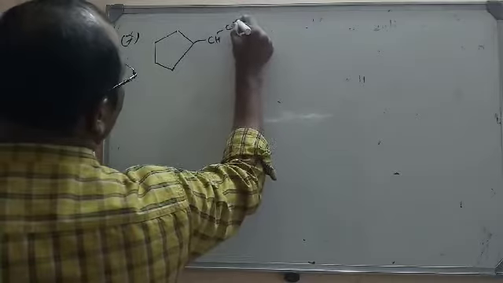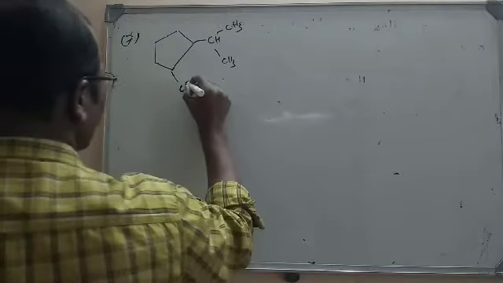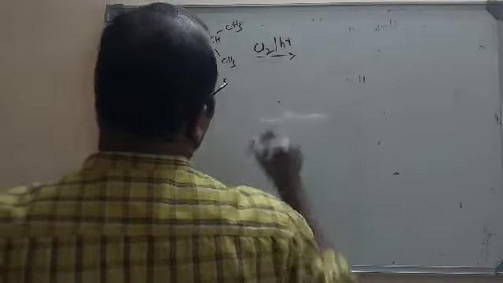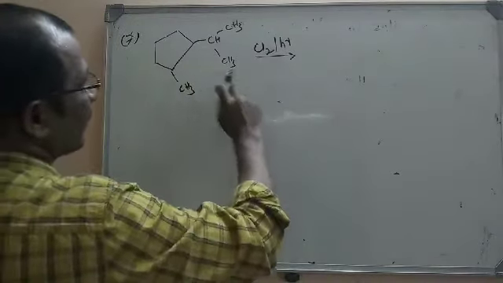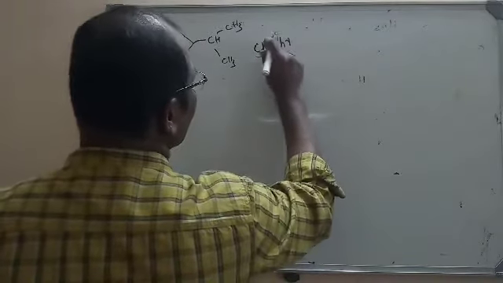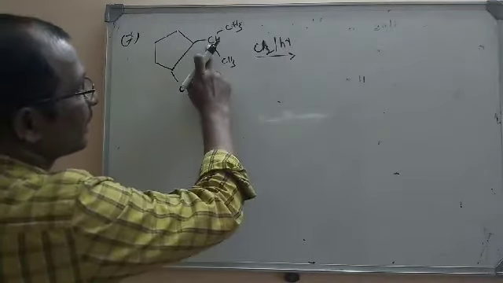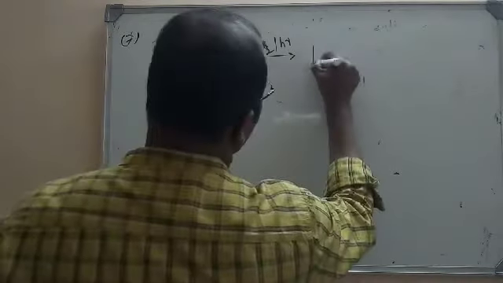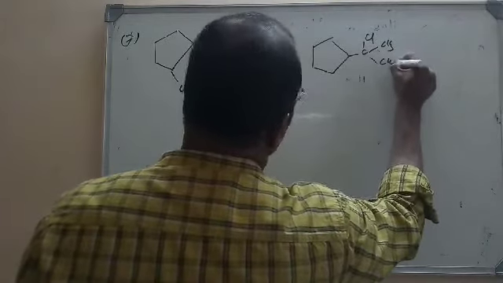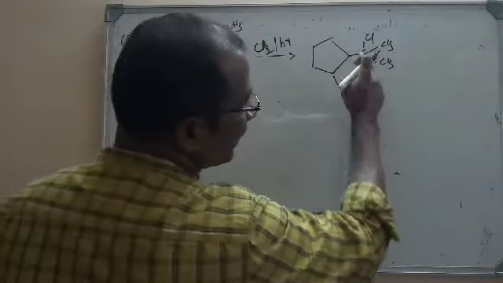CH3 and here CH3, they are halogenating. So it is a photochemical reaction, and we all know that halogenation takes place here. Due to halogenation, what is the expected product, can you guess? Here halogen will be substituted. If you take here, this is a tertiary carbon. For example, if you substitute a halogen here, that will be most stable, because here we are getting a tertiary carbon.